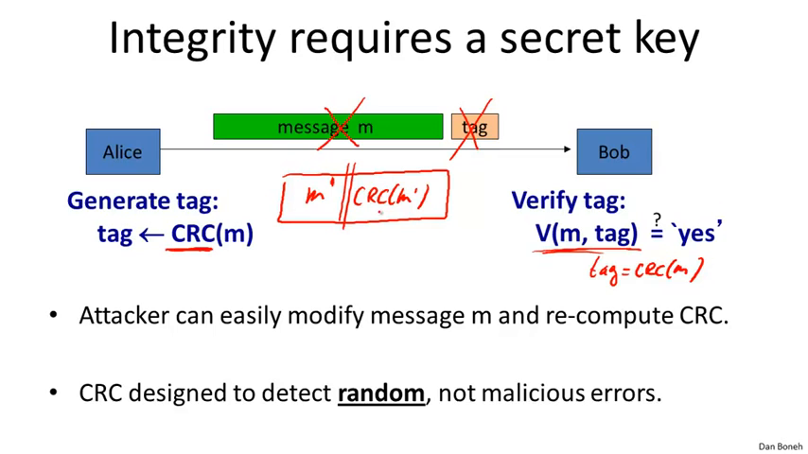Okay, so the problem is because CRC doesn't have a key, there's no difference between Alice and the attacker, and as a result Bob doesn't know where the message came from. Once we introduce a key, now Alice can do something that the attacker can't do, and as a result she might be able to compute a tag that the attacker can't modify. So the point to remember is that CRC, as we said, is designed to detect random errors, not malicious errors. And here our goal is to make sure that even a malicious attacker cannot modify